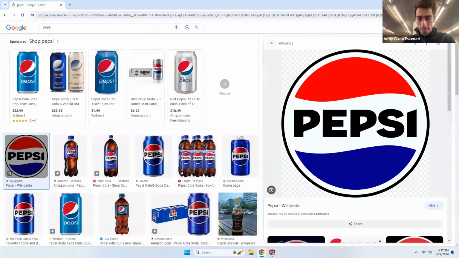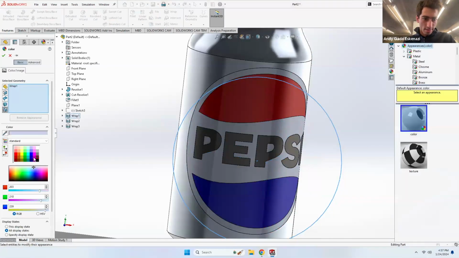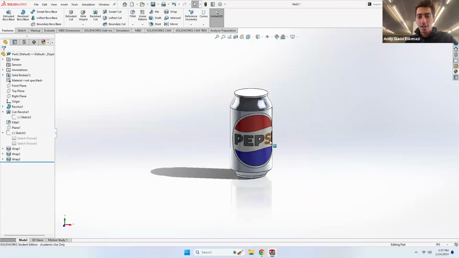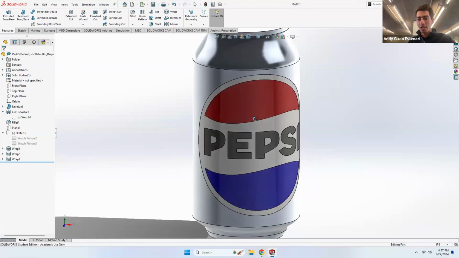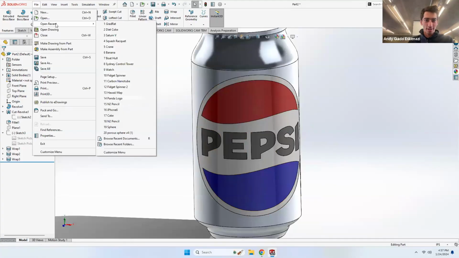And then everything else is white. So again, go to the very first wrap and make that white. There you go. You did a SolidWorks Pepsi can, but you see, this doesn't compare to the elegance of something